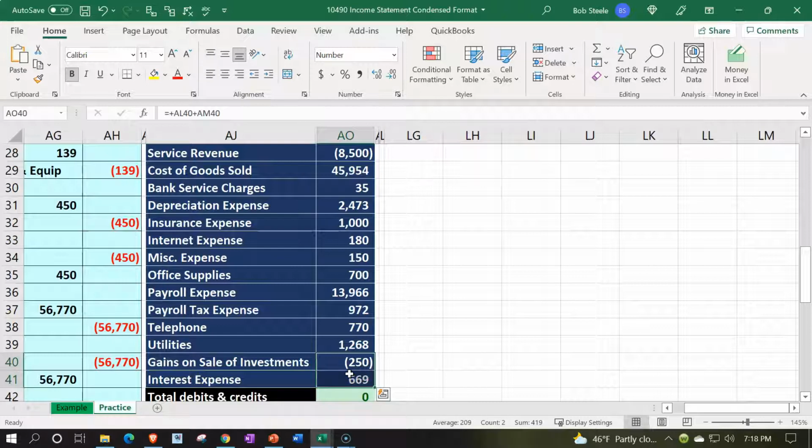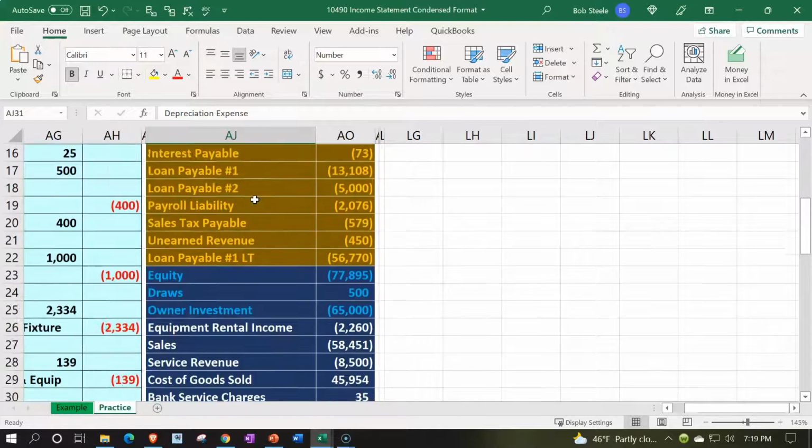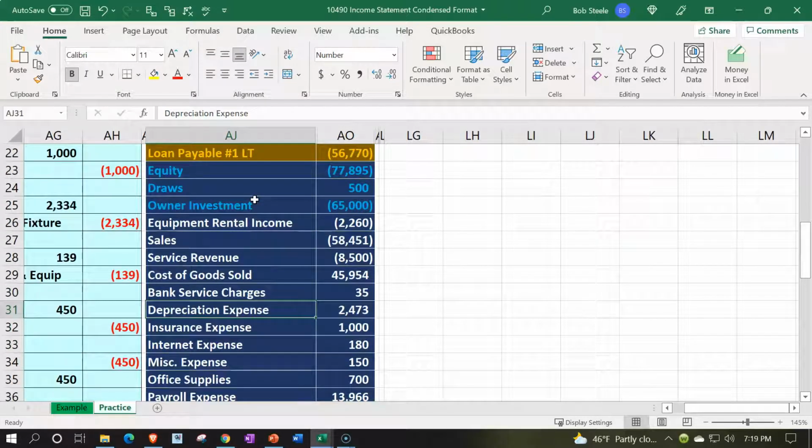So we don't have a whole lot of condensing in this particular worksheet because we didn't get too extravagant in our subcategories. But notice if you're working in larger types of companies, it's quite possible that you start getting a lot more subcategories or a lot more types of categories within the expenses. For example, you might be breaking out your expenses by location or something like that. And then you got different expense line items. You could have different expense accounts for basically the different depreciations, in which case you might want to group them together when you actually put them on the